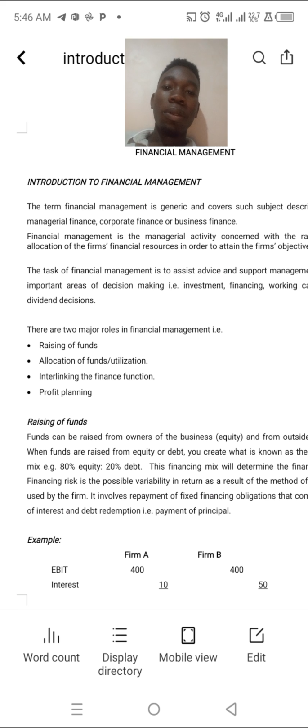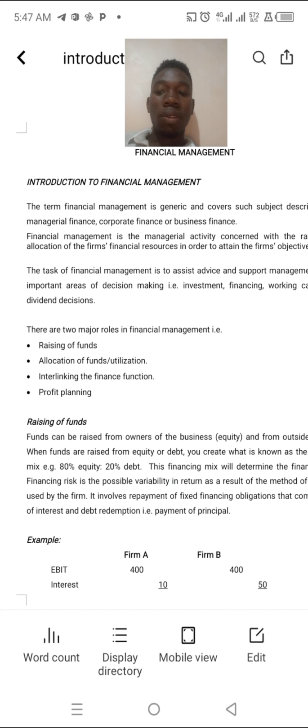We are going to look at the objectives of a firm. We are going to look at the major finance decisions, or the scope of financial management. I will also look at the concept of risk and return. From there, we shall proceed to know the